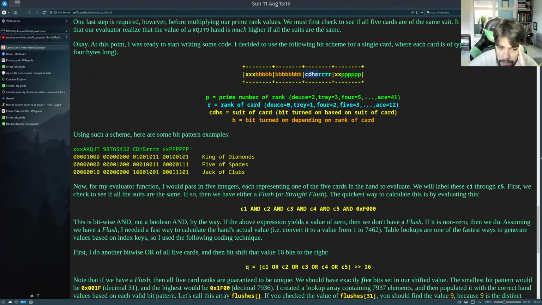Okay, yeah, if they're all the same, you have a flush. If the above expression yields a value of 0, then we don't have a flush. If it is a non-zero value, then we do. Assuming we have a flush, I need a fast way to calculate the actual hand's value that you convert to a value